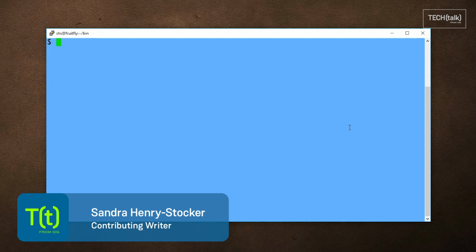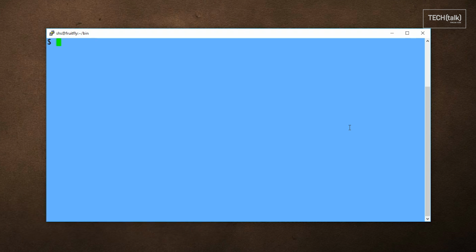In this Linux tip, we're going to look at the nmcli command. This command is a command line tool for controlling Network Manager and getting the status of network interfaces. The name stands for Network Manager Command Line Interface. The nmcli command can be used to query network connections and devices, like so.